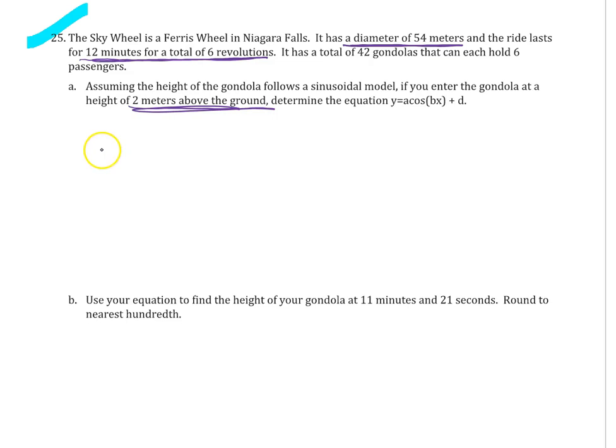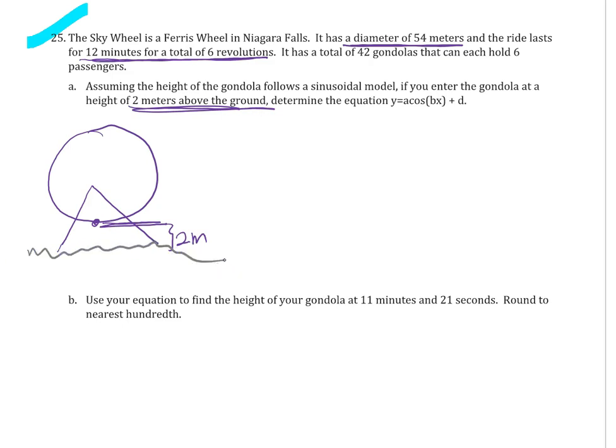Maybe helpful to draw a picture for some of you. This is a Ferris wheel. Now, they're saying you're getting on the gondola at the bottom at a height of 2 meters above the ground. So here's your ground. The wheel itself has a diameter of 54 meters, which means half of 54 is 27. This is where your midline would be. 27 plus that 2 at the bottom